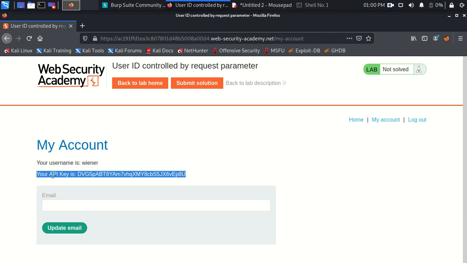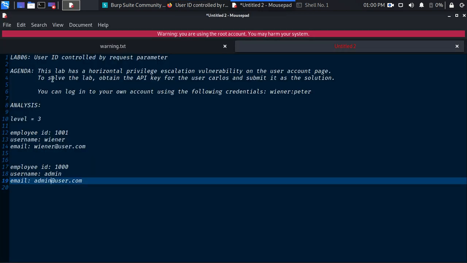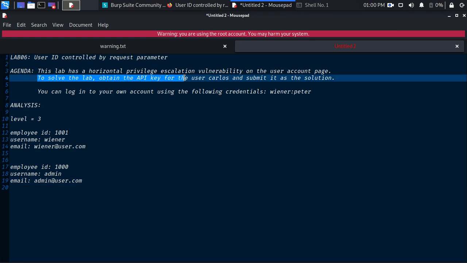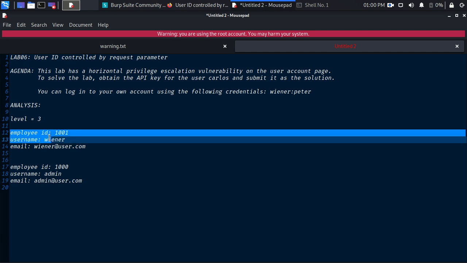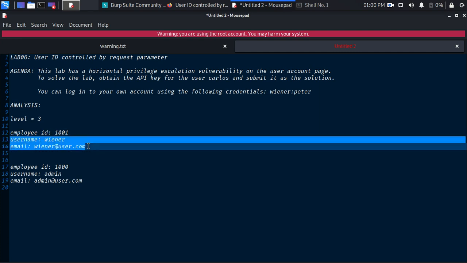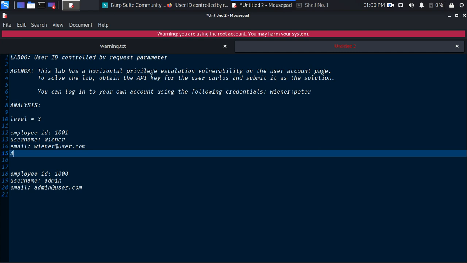To solve this lab, we need to obtain the API key for the user Carlos and submit it as the solution. Same as I explained here, when I log in, I can access my username and my API key.